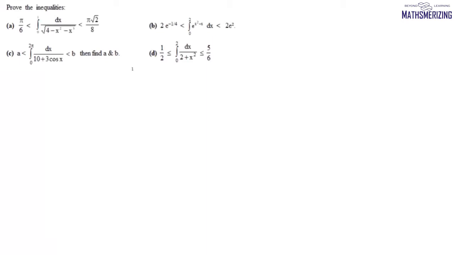Now here the question is, we'll need to prove that this integral from 0 to 1 dx upon under root 4 minus x square minus x cube is greater than pi by 6 but less than pi root 2 by 8. Now it is very difficult to solve this integral because it has this cubic polynomial within a square root. So what we'll do is, we'll try and identify two functions hx and gx such that hx is less